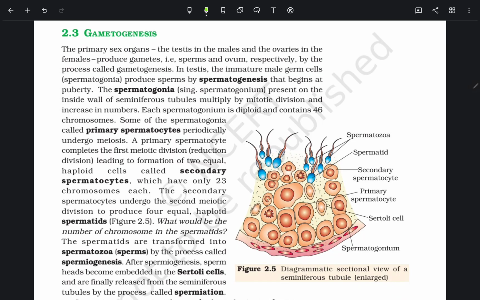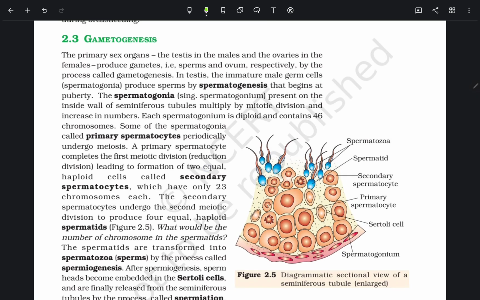Gametogenesis: the primary sex organs, the testes in the males and the ovaries in the females, produce gametes, sperm and ovum respectively, by the process called gametogenesis. In testes, the immature male germ cells (spermatogonia) produce sperms by spermatogenesis that begins at puberty. The spermatogonia, present on the inside wall of seminiferous tubules, multiply by mitotic division and increase in number. Each spermatogonium is diploid